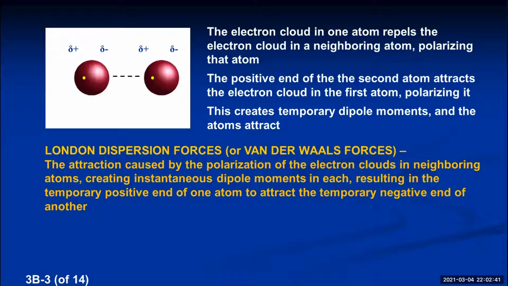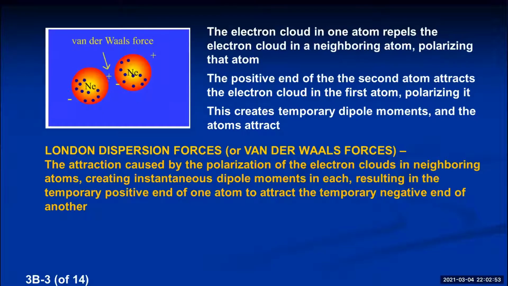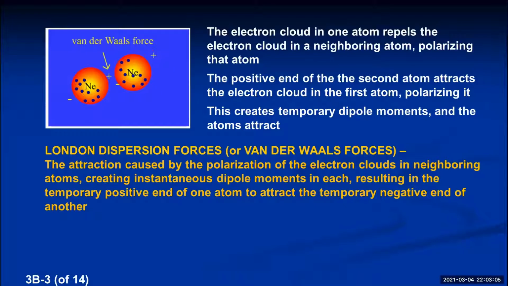As long as the atoms are close to each other, they stay polarized. If the atoms move apart, the electron clouds go back to perfect symmetry, the atoms are no longer polarized, and they don't attract each other. So it only happens when these noble gas atoms approach each other. That's when the electron cloud, which used to be perfectly symmetrical, gets pushed over on each atom. So each atom will now have a positive end and a negative end that can naturally attract each other.